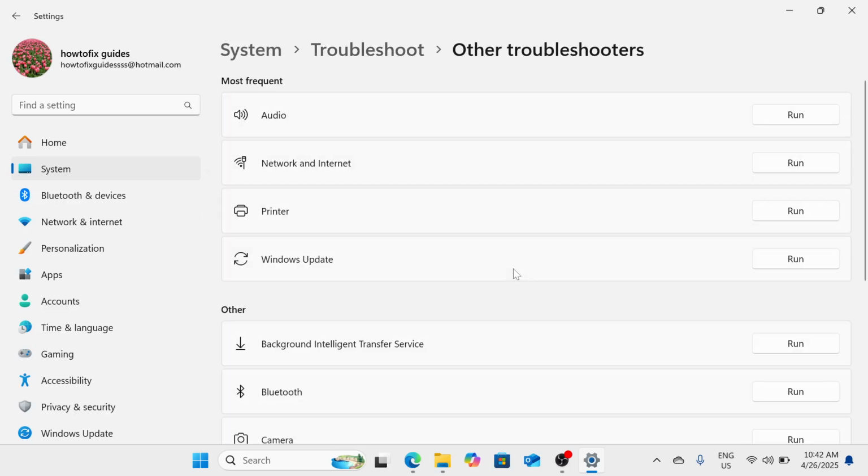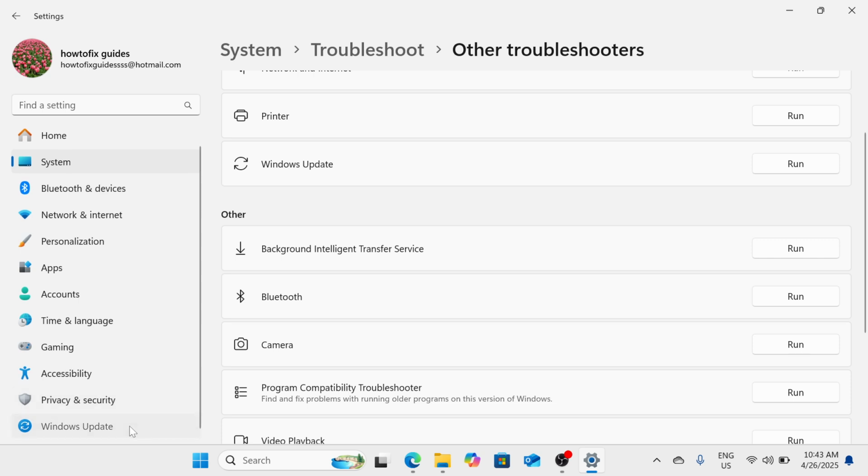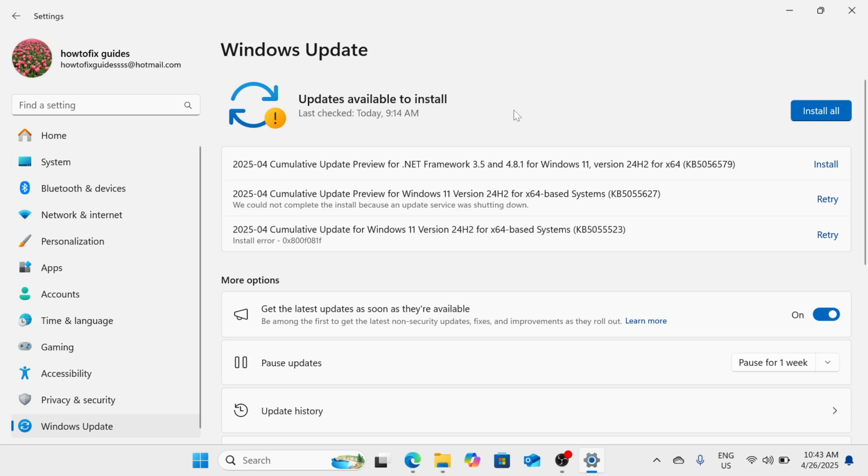Here you will be seeing, either from the most frequent section or other section, the keyboard option. So if you have that keyboard option, simply click on the run button there and then it will start detecting and diagnosing the problem. So it will also troubleshoot for you and fix the problem automatically. Once you're done with this one, make a quick restart again with the device, and if it still doesn't fix the problem, then proceed with the Windows update